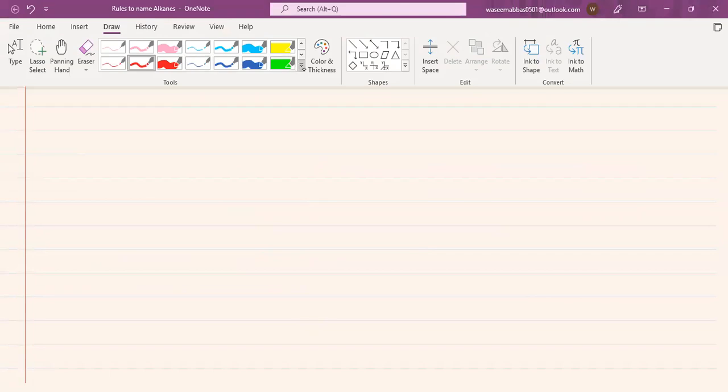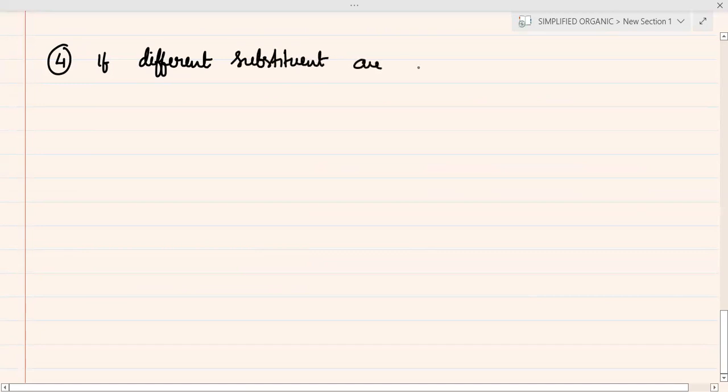Now rule number 4. If different substituents are possible at the same locant, then what to do? For example,